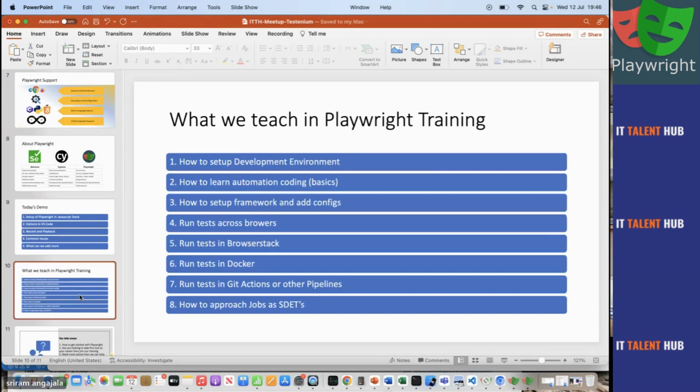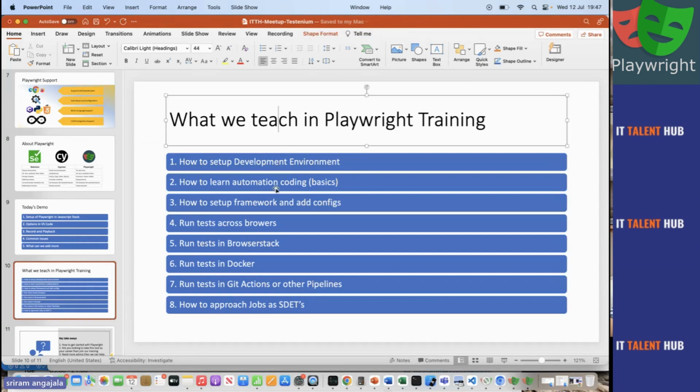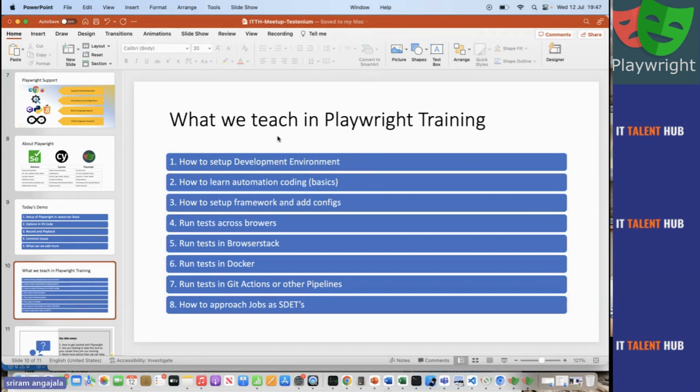Okay. So just on that side, what is left? If you want to learn more, not just from me, from anywhere in the world, if you want to take your Playwright to the next level, you should know a little bit of NPM and Node, and a little bit of automation coding, which I said is the basics. And for example, you have to run in multiple environments like test, UAT, and production. Then you need to maintain multiple environment variables, which you need to learn a little bit.